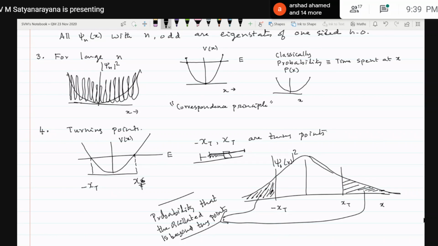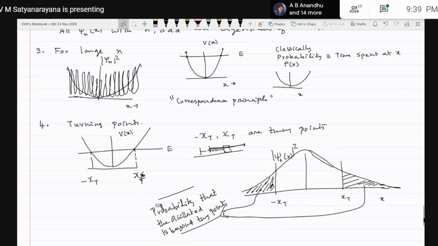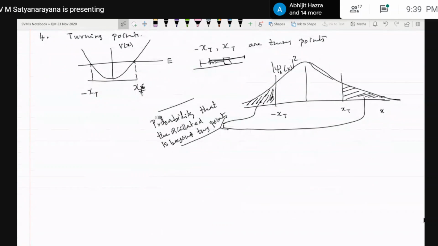Classically, this never happens, but in quantum mechanics, it is possible that you can have a finite probability for the particle to exist outside the turning point. Okay, so this is one remark. And the fifth remark I wanted to make with respect to this oscillator is